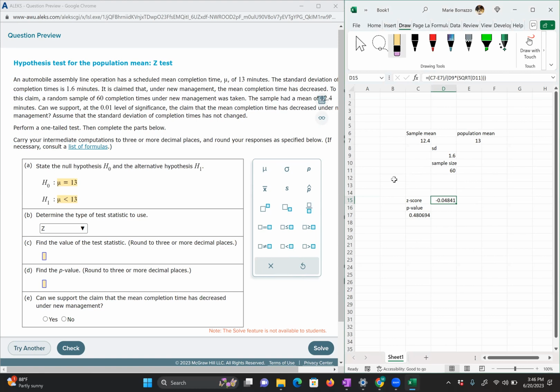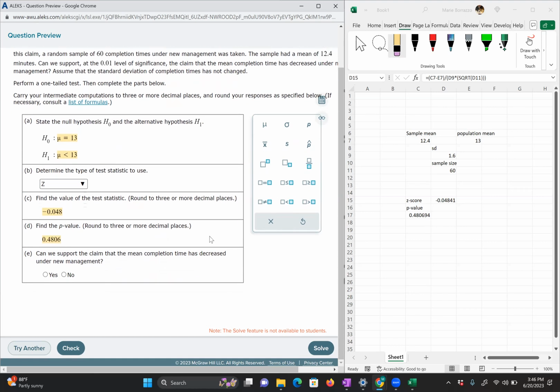So this would be negative 0.048. And the p-value, according to this, should be 0.48. And you find that here. We could round that to 0.4806. Now, given this information,